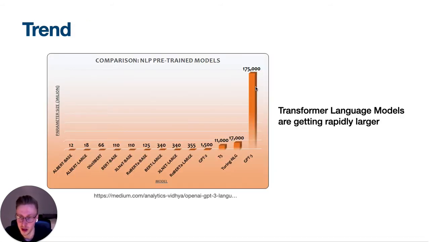So that stuff like you have to do with BERT, fine-tuning on thousands of examples, isn't necessary anymore. And there was already a trend that was going into this direction. We already could see that, for example, BERT Large had 340 million parameters, and GPT-2, the previous version of GPT-3 that we will briefly talk about too, had already 1.5 billion parameters. The second largest one before GPT-3 had 17 billion parameters, called Turing NLG from Microsoft, and GPT-3 scales it up rapidly. It has 175 billion parameters, so even 10 times more than the second biggest one.